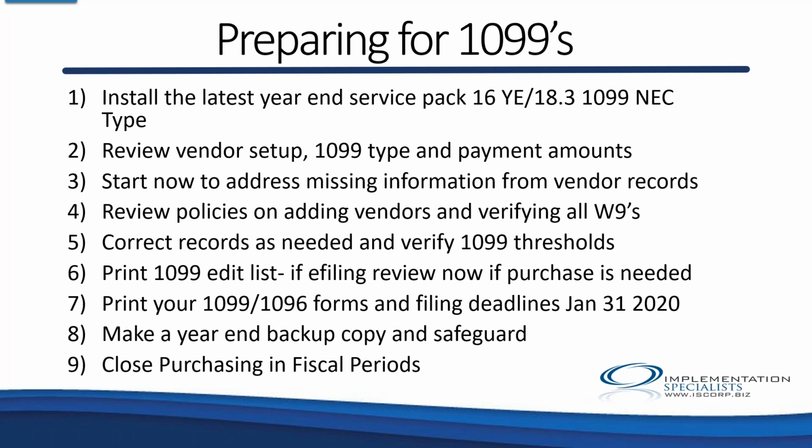Some thresholds have changed. Normally it's $500, but there are some places where it's $600, some places where it's $1,000. Make sure you understand those thresholds and where they are for each of those different boxes, and we'll show you where to change those. Always, always print a 1099 edit list,